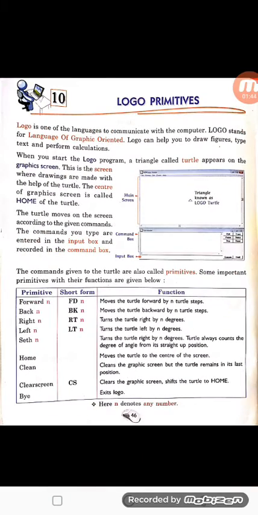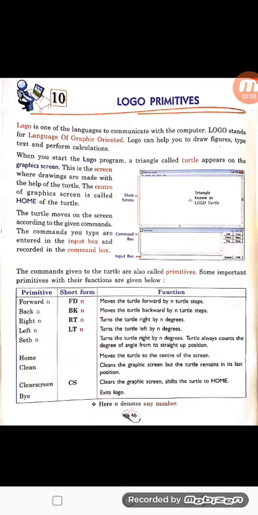Now we are going to study about primitives. I told you that the commands that are given to the turtle are known as primitives. If we want to move our turtle in the forward direction we use the short form FD. If we want our turtle to move in the backward direction we use BK.